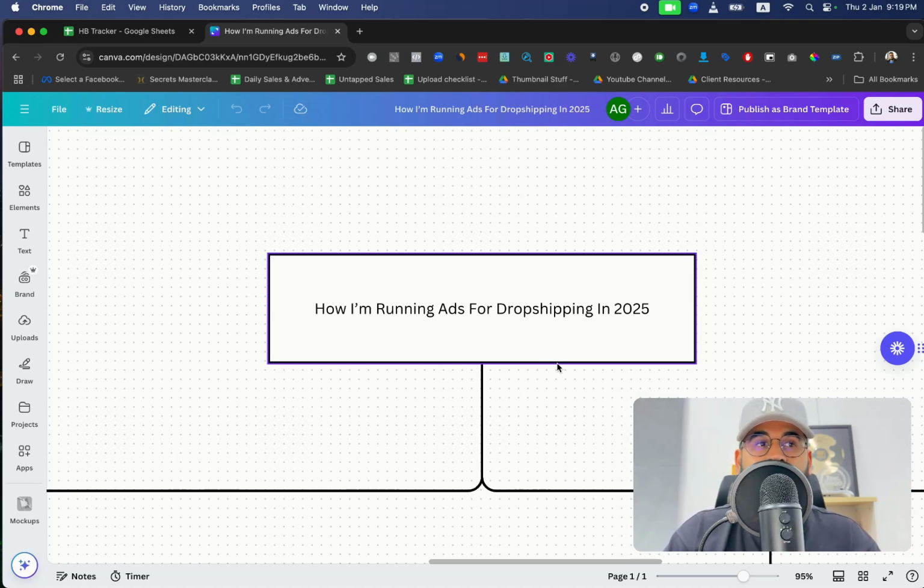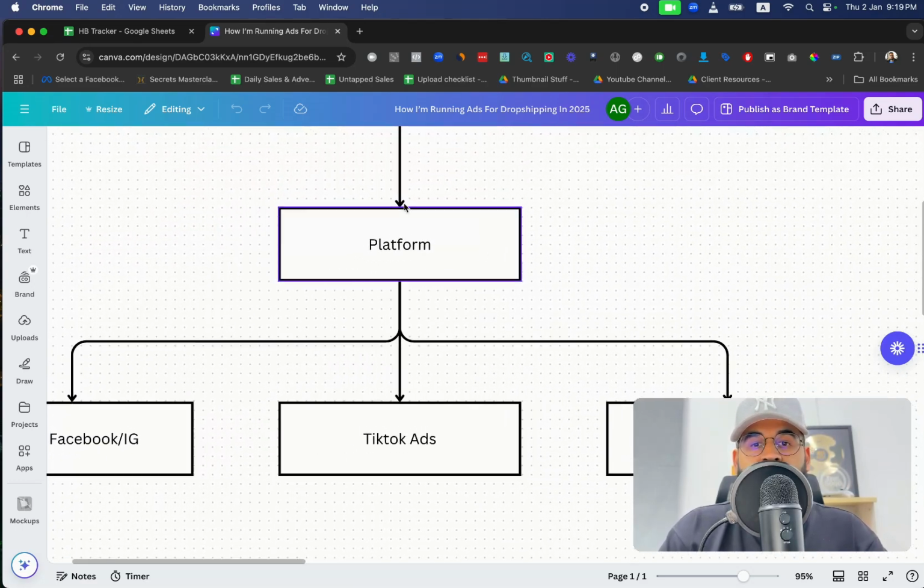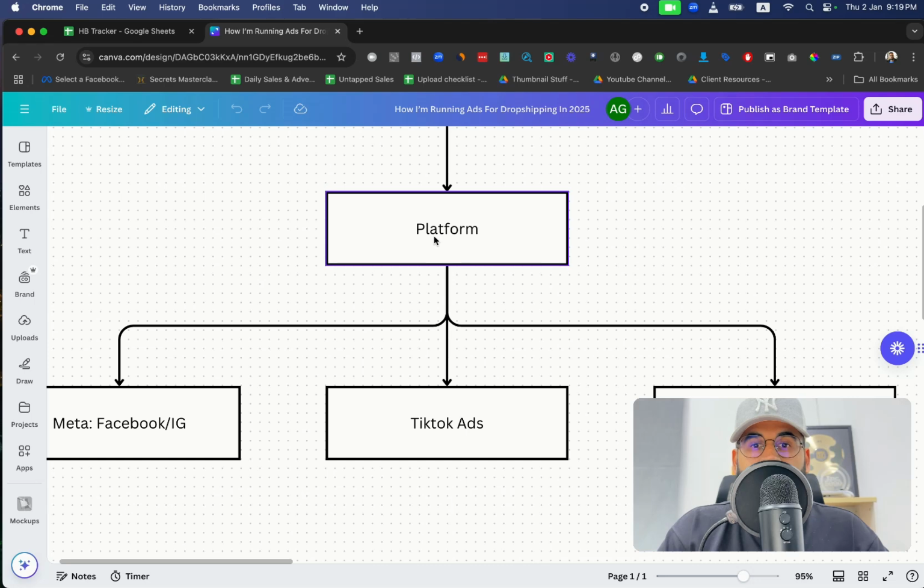If you are that person, amazing for you, and actually leave it in the comments down below what has worked for you. But this has worked for me for so long, for so much time. Learned it from my original mentor back in the day, that I feel like nothing else should matter and should work. Okay, so first thing to understand before you're running ads is what platform should you run on,